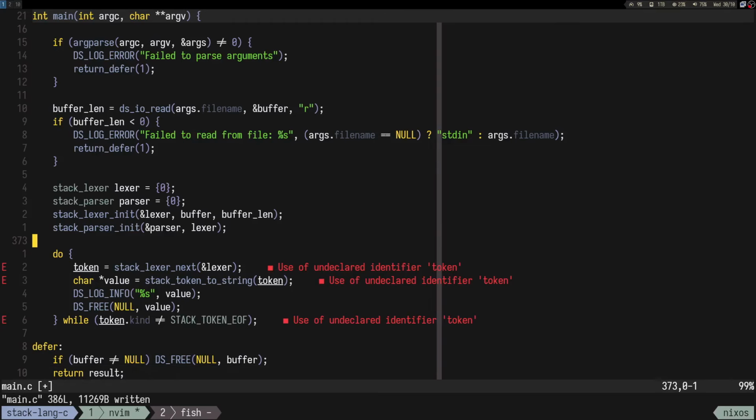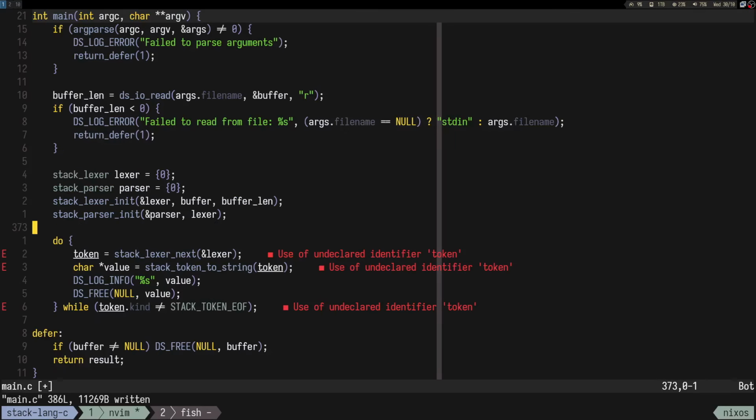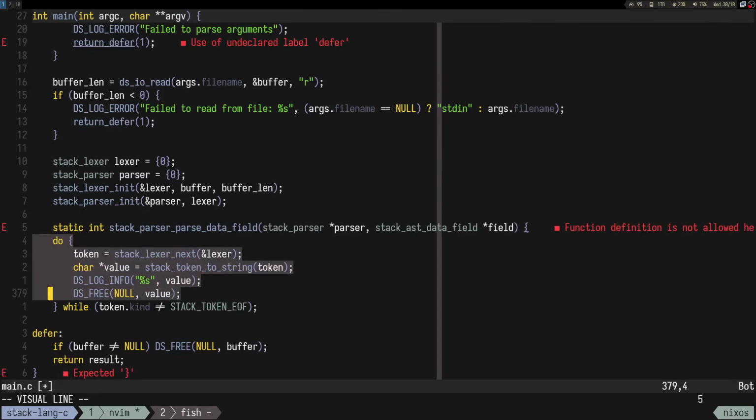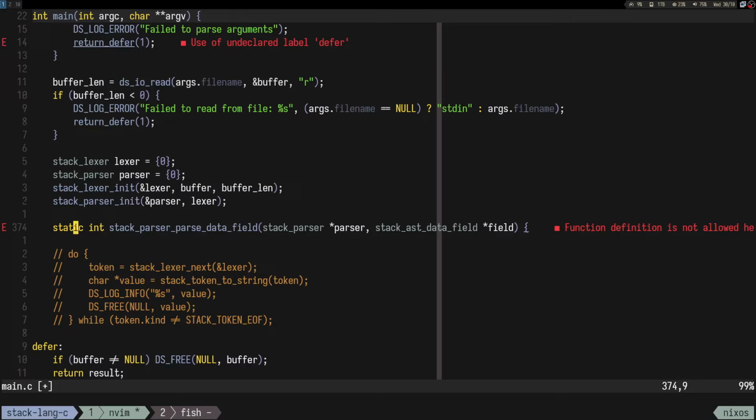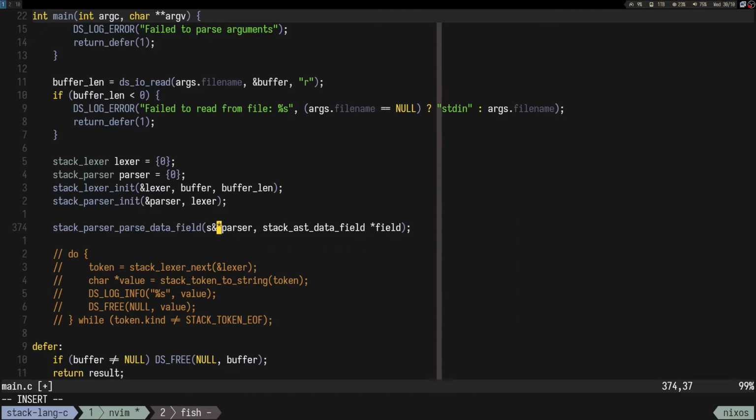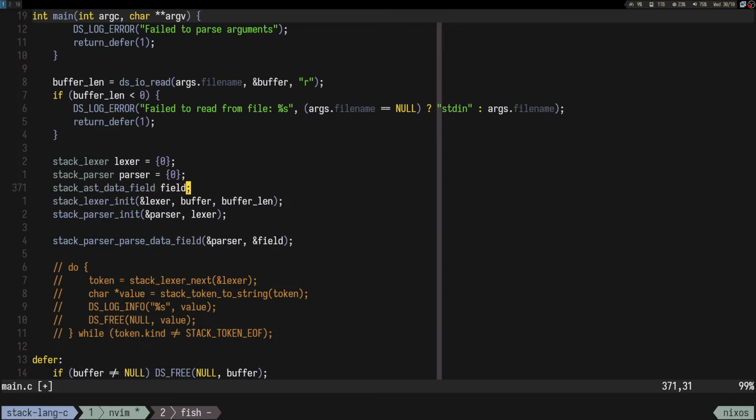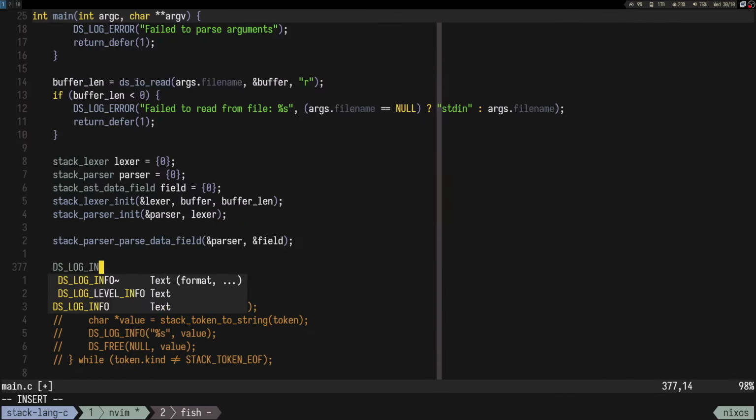And now we should do something like this. We don't even need that. But do we? All right, so here we pass parser, and here we need to pass a field. So field, it's also equal to 0. So if I do ds log info %s %s, and then say something like field dot,